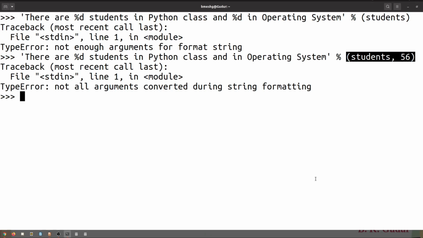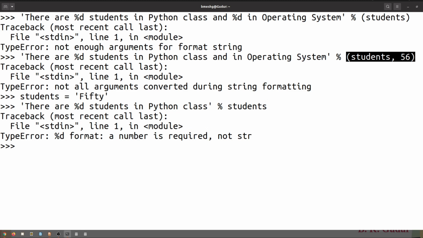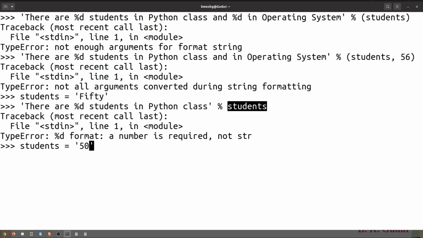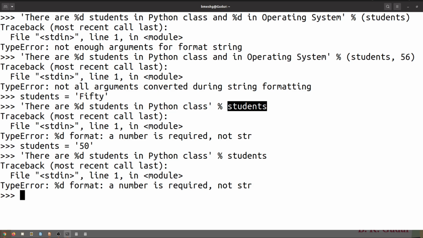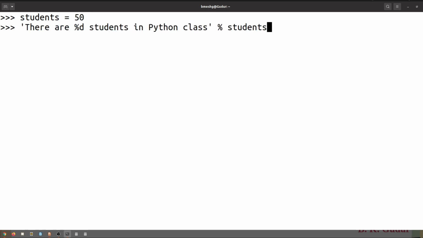Like here, if I change the variable students to a string 50, and now I use this: there are %d students in Python class. Now with the %d format, we see: number is required, not string, because students is a string. Whatever format we specify, the argument should be of that type. Even if I write 50 in quotes, it will give an error, because a number is required, we require an integer here, whereas this 50 is a string. If I write students is equal to 50 as an integer, this time you can see there are 50